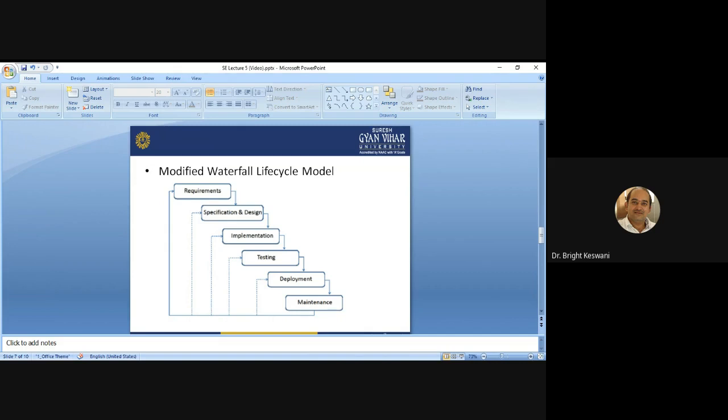These are some disadvantages of this model, and the only advantage of this model, because this is a better model which is based on the feedback and interaction between the project and the management. Okay, so this is all about today's class, and we had discussed various things.